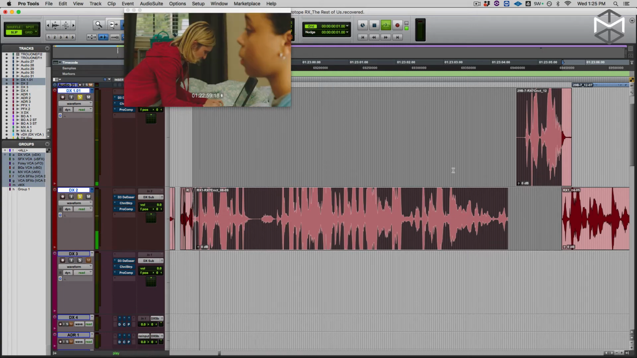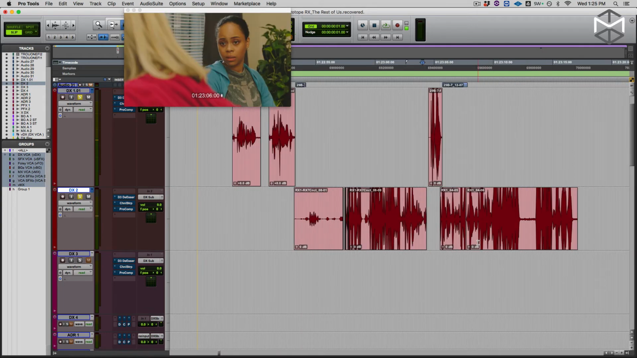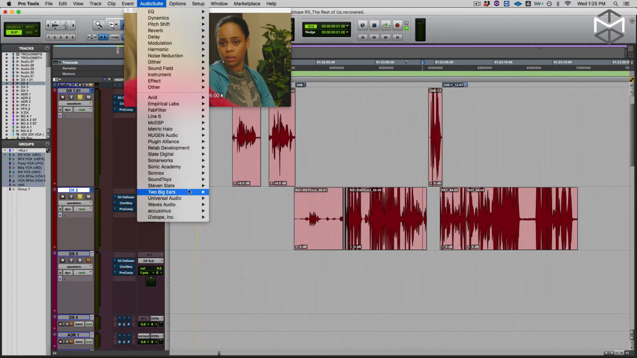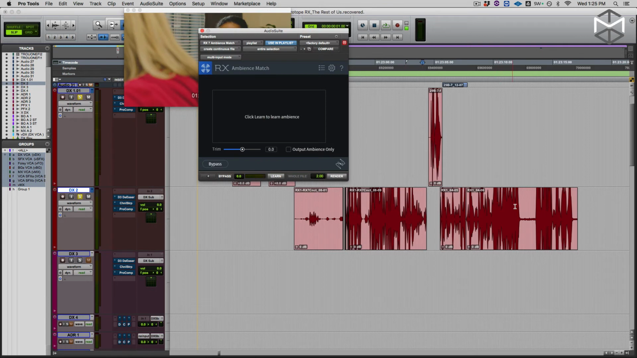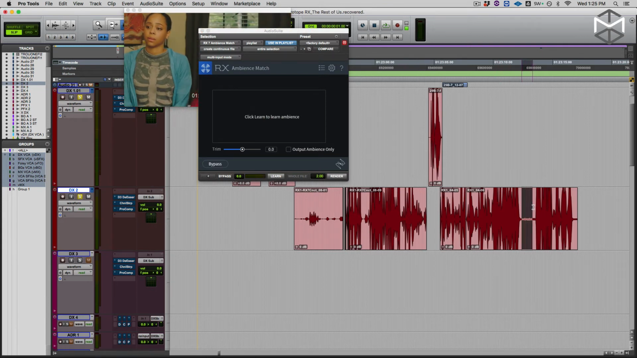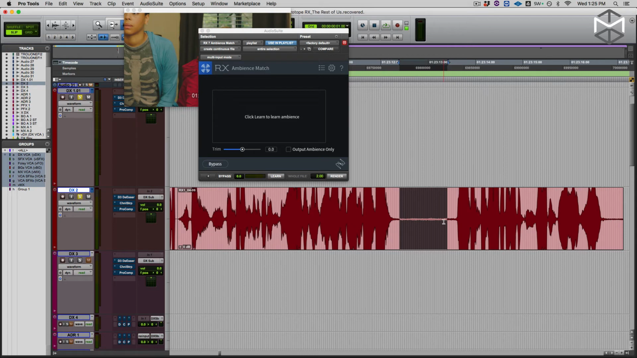Could be to add a little bit of room tone. Now we have worked with RX in order to remove the room tone, but luckily for us there is another function. If I go here in my audio suite, RX ambience match would allow us to grab onto a specific part of the room tone or wild sound that was captured, in this case, within the boom microphone. And what we could do is to learn this,